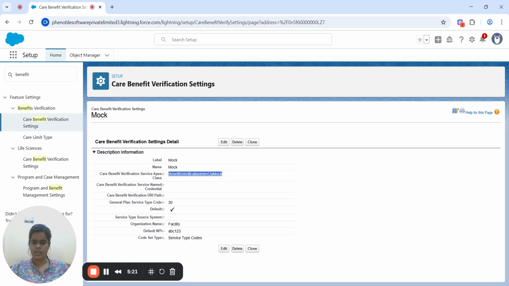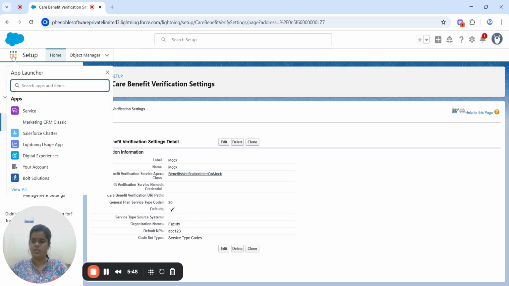This is the mock class. This is also a dummy class, or a dummy API. If you want to go to a real system, we need to create the API for the real system. So we need to manually create the API for that real system. So this is the dummy that I wanted to show you.